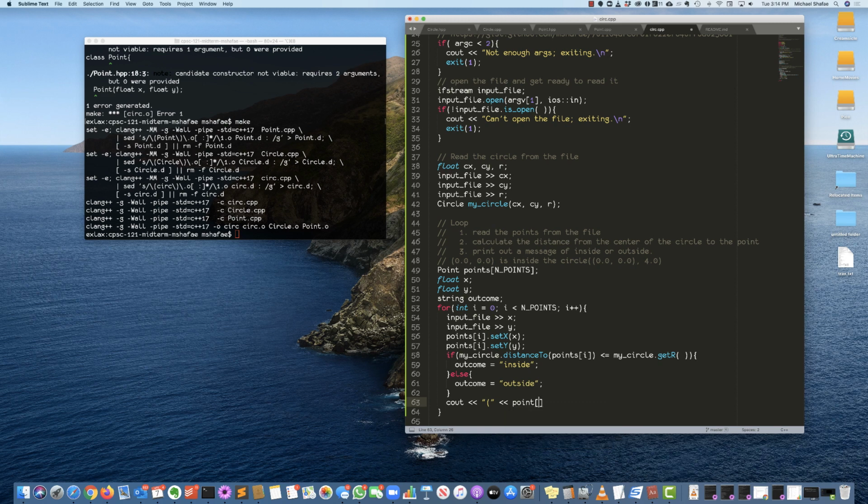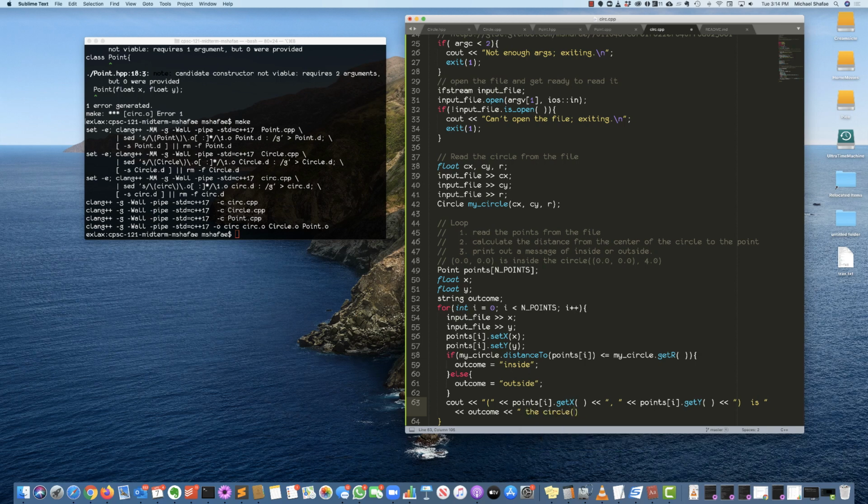So points[i].get x. Then we need a comma. Then we do the y. And then we do the close parenthesis, and then we say "is", and then our message outcome,